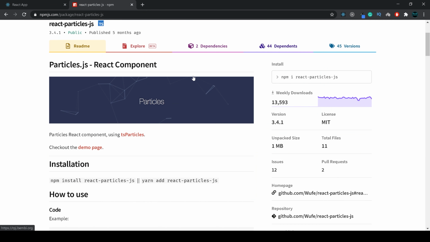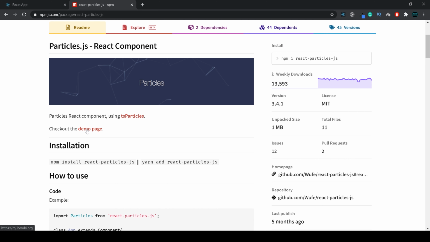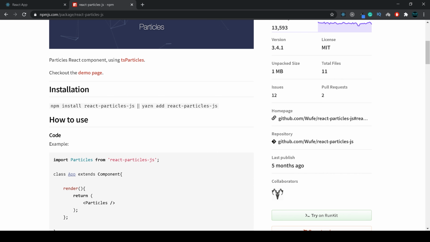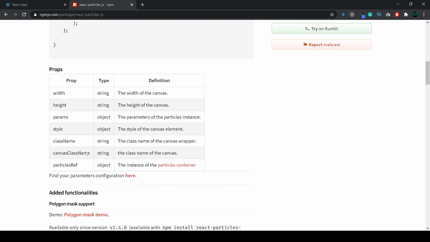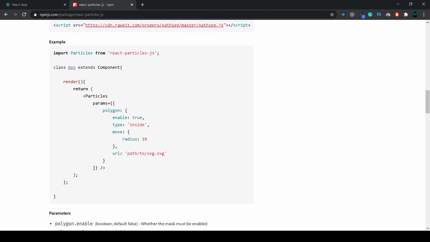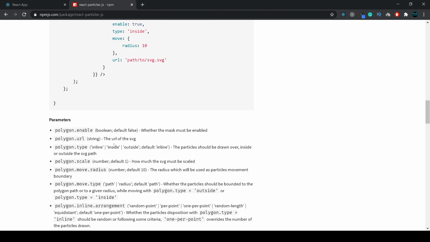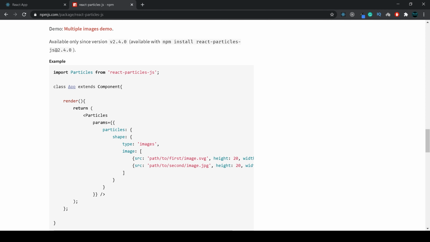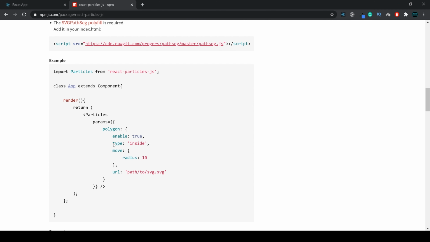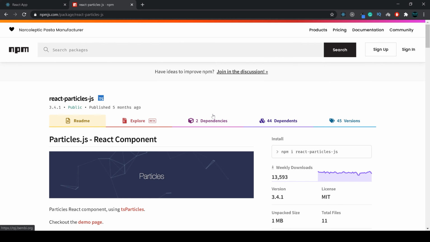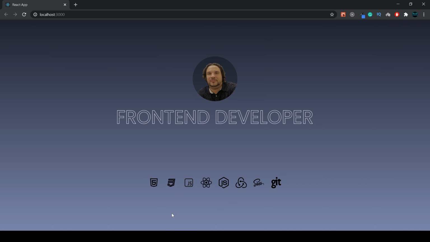You can go to the demo page. Here you can see how to install and a little example of how to use it. You can dive deep into the documentation, but I will show you guys how we're going to use it